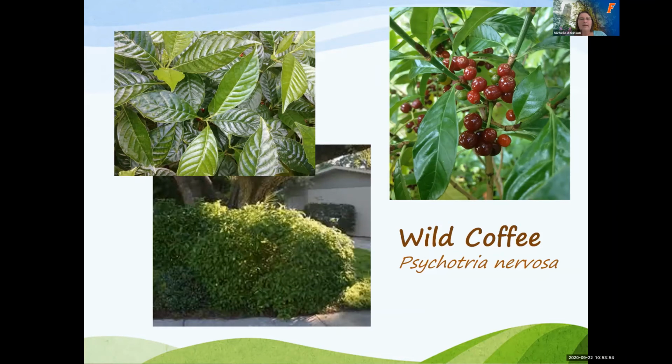So wild coffee, dark, shiny leaf, very pretty in the landscape. Good for attracting wildlife. I do want you to note its botanical name here, Psychotria nervosa. That comes from these red berries that have been used in Native American ceremonies that induce vomiting, and then they would have maybe